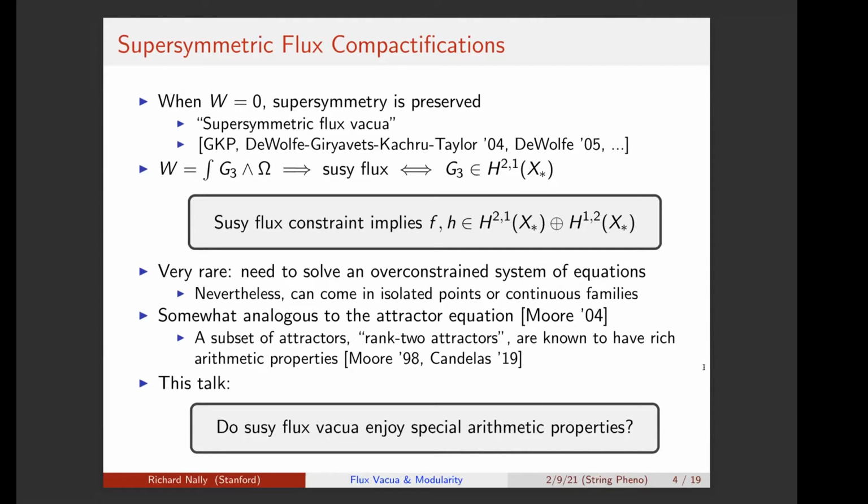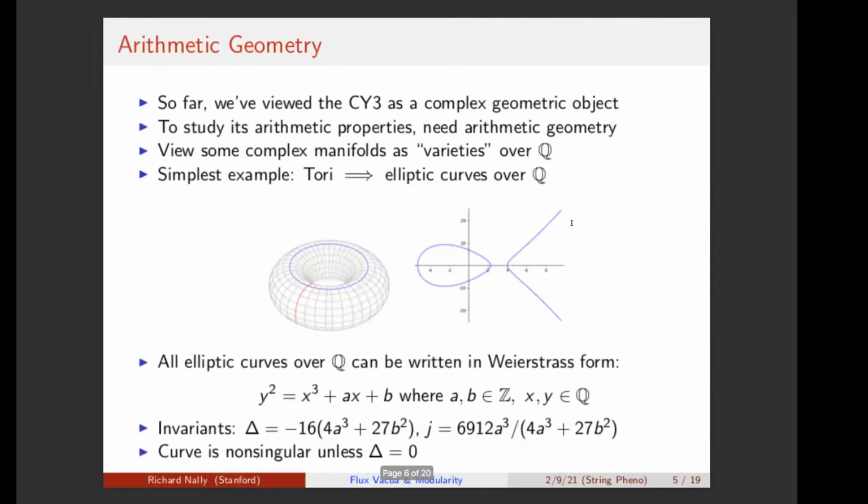And so at this level, this is fairly analogous to the attractor equation. In the attractor equation, you have an integral charge in (3,0) plus (0,3). And here we have F and H in (2,1) plus (1,2). So they're formally somewhat analogous. And given that some attractors, rank 2 attractors, are arithmetic, we can ask whether supersymmetric flux compactifications have any arithmetic to them. And I will tell you that the answer is yes, but first I'm going to introduce some arithmetic